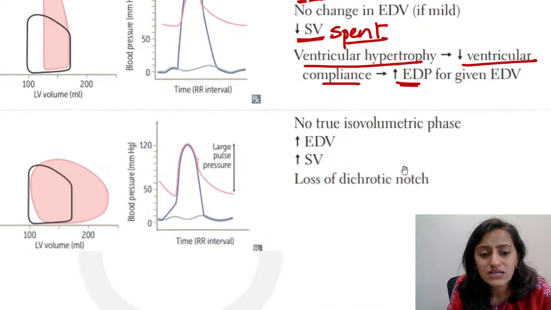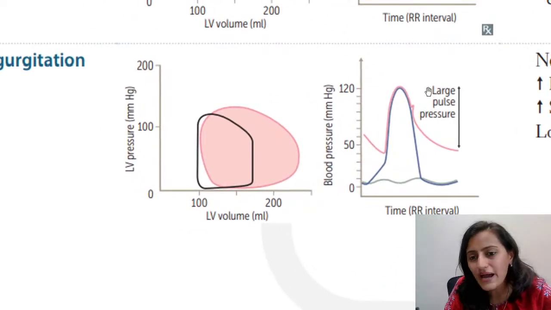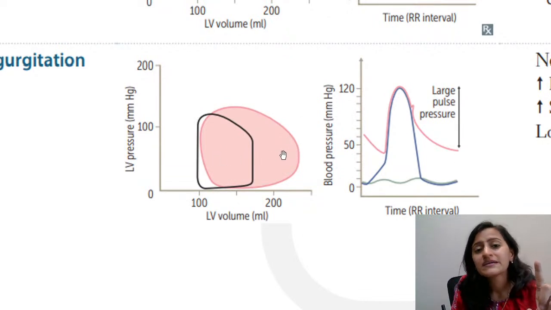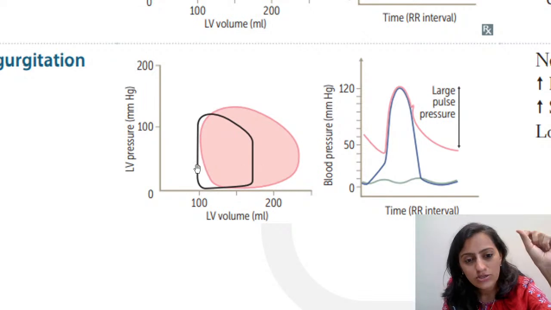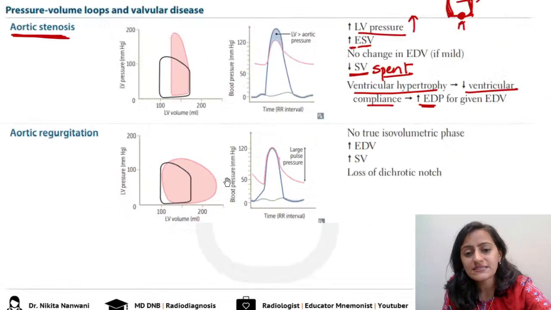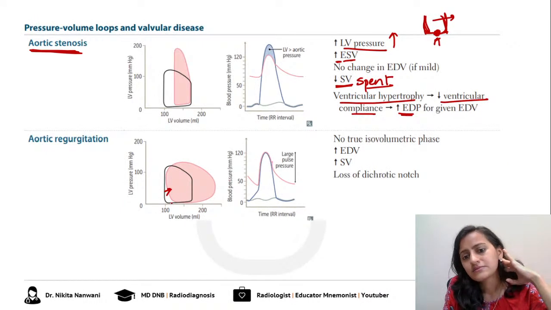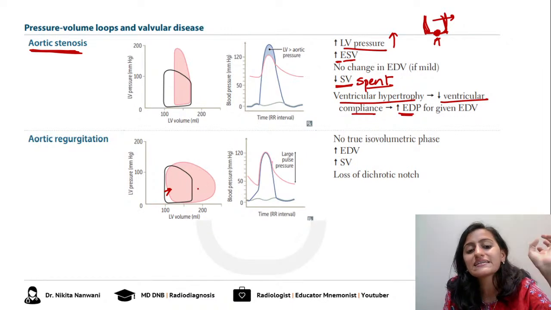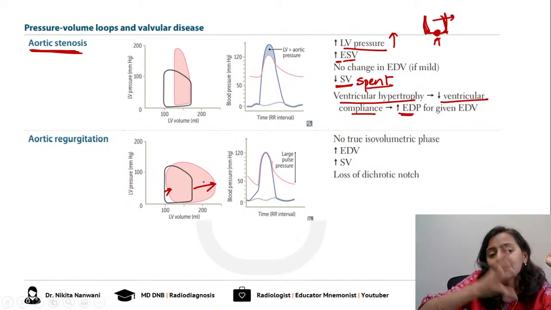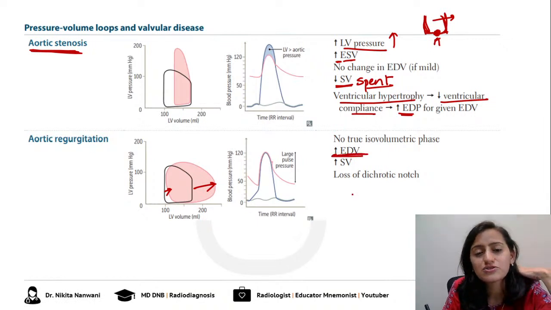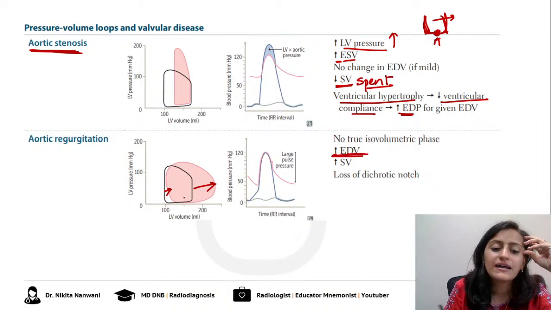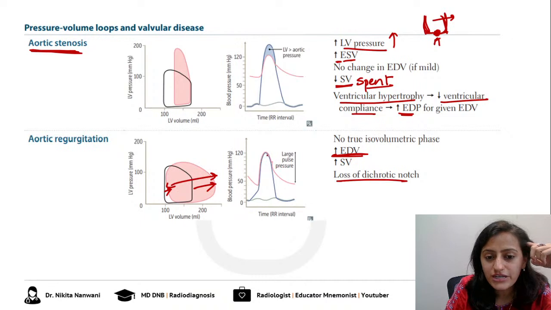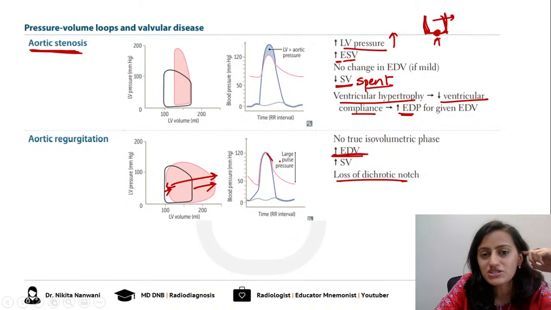Okay. Now the next one, aortic regurgitation, the wide pulse pressure. Aortic regurgitation means the increased stroke volume, with a shift to the right. So what is increasing here? You have a mild increase in the end systolic volume, and also the end diastolic volume is increasing. Right? Both are increasing, and you have the stroke volume also, which is more. Okay? And remember, there is this loss of dicrotic notch because there is no closing which is happening in